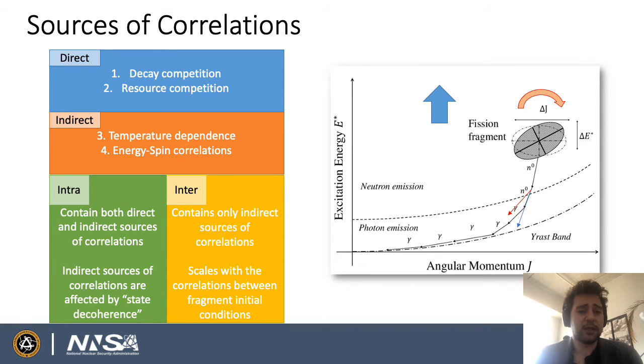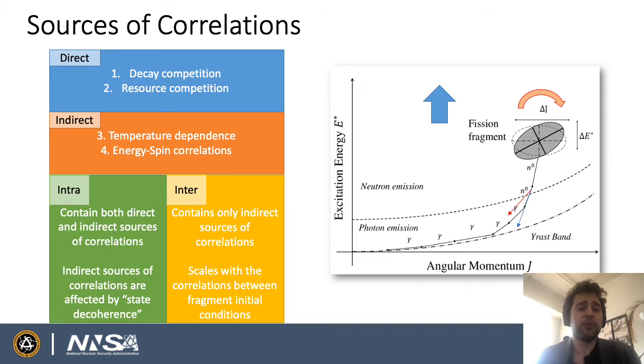Another way that the fragments might de-excite is because they're both dissipating the same properties of the fragments. For example, neutrons and gamma rays both carry excitation energy, and therefore if more neutrons are emitted, more of the excitation energy of the fragment is used up, so there is simply going to be less overall energy for the emission of gamma rays. A bit more abstract and complicated are indirect correlations, where neutrons and gamma rays are not correlated to one another,